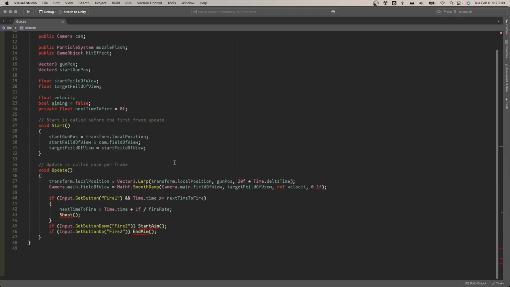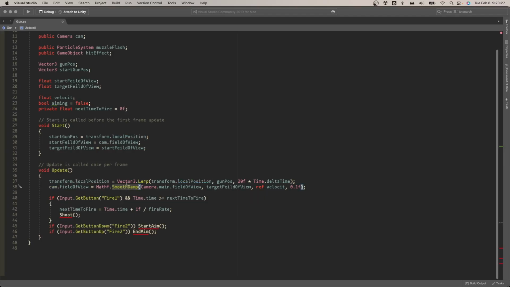First we'll want to be lerping to the gun position that we want to be at. So this is if you scope in, you want it to move to the middle of your screen, and if you unscope, you want it to go back to the right. And it just sets the transform.localPosition to this Vector3.Lerp. Then the camera field of view, this should just be cam.fieldOfView is going to be equal to our target field of view, but it's smoothed with the